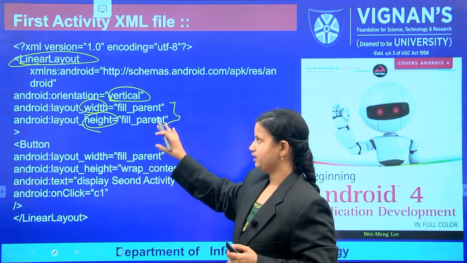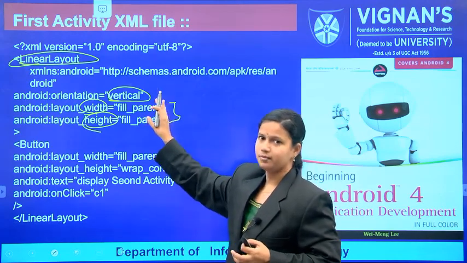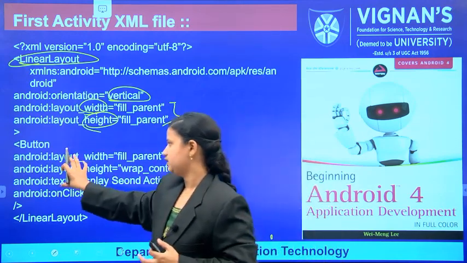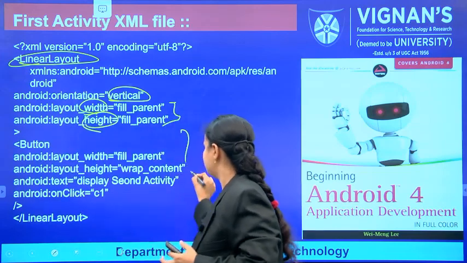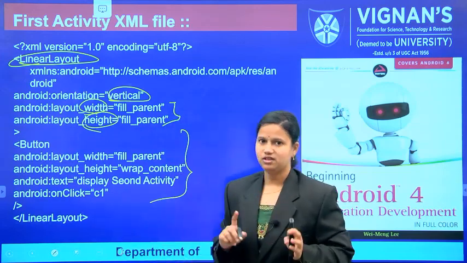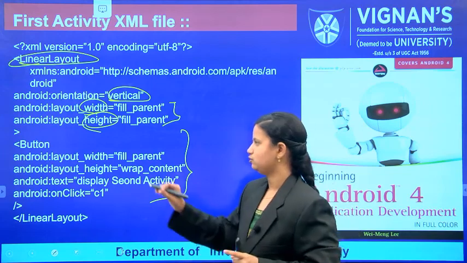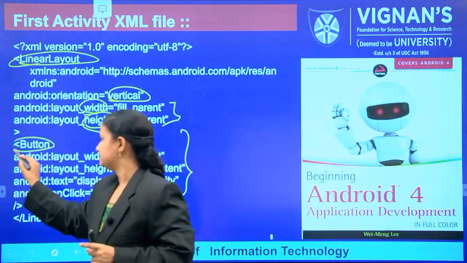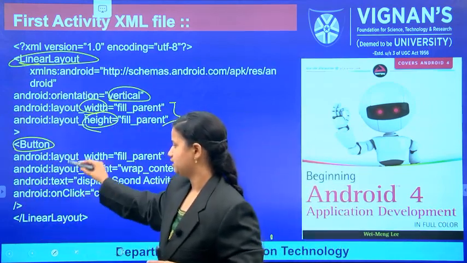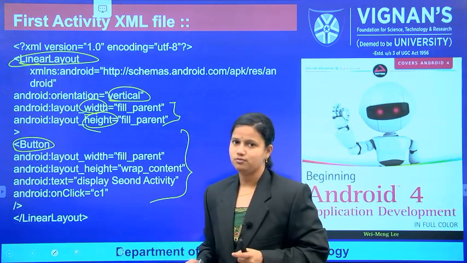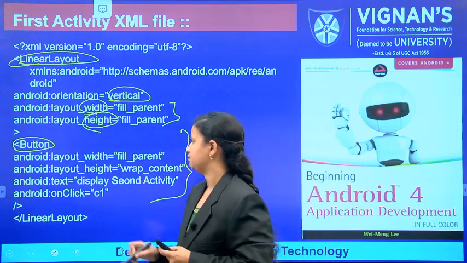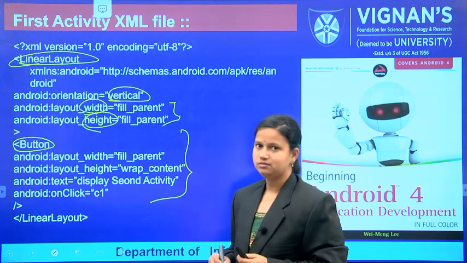After that, these are some common things, but we have to know the main thing here. In your design you have only one button. To start your button, we write less than Button, and after that we have to set the different properties of the button. That means, what is the width and what is the height of your button.